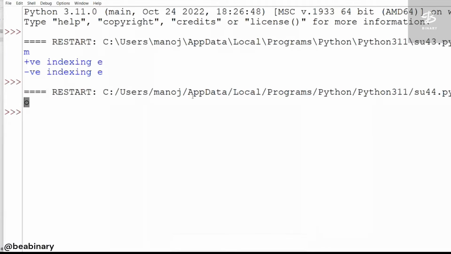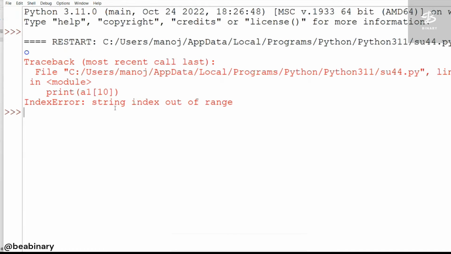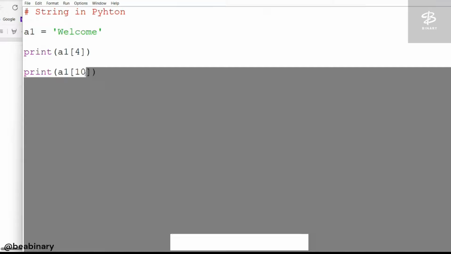Now you can observe that if I try to print a1 at the 10th location and run, it says string index out of range. That means we can observe that there is no character